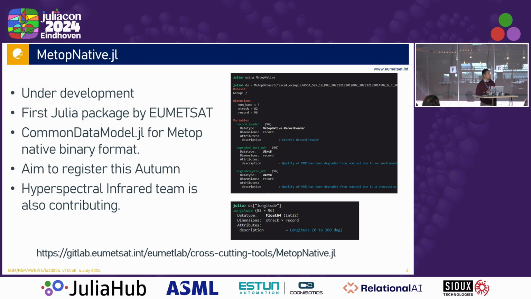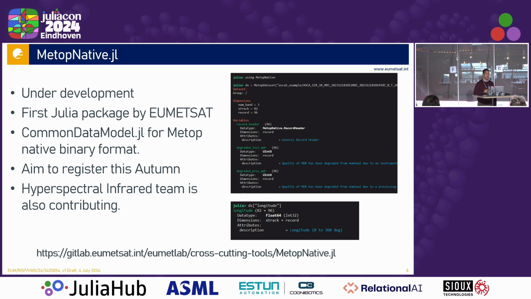I just want to touch a bit on power to the user and what we're doing. I have this package called MedUpNative.jl, and it's under development. It's kind of the first Julia package at EUMETSAT, at least that will be publicly available. It's just a common data model for some of the MedUp native binary formats.